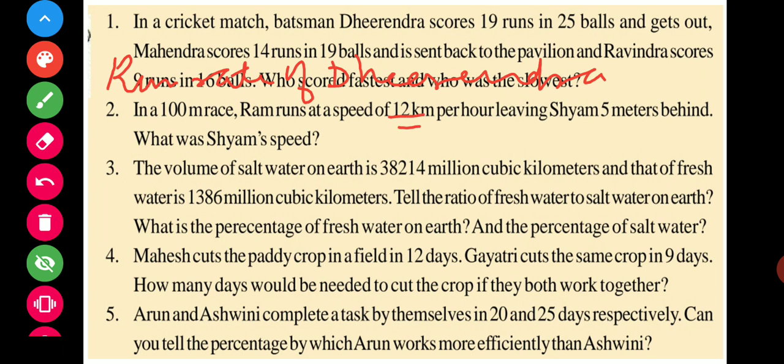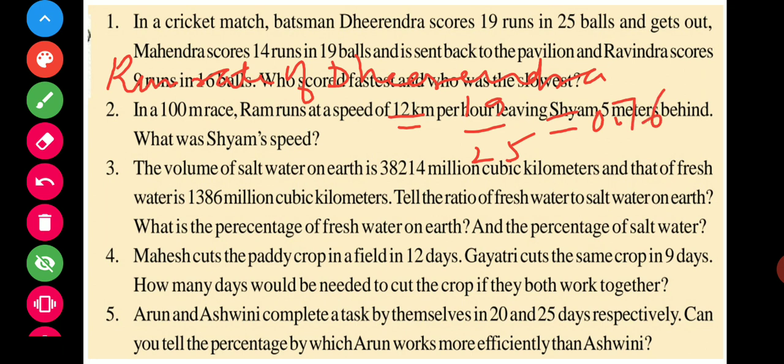It is equal to 19 runs out of 25 balls. So we get it is 0.76,